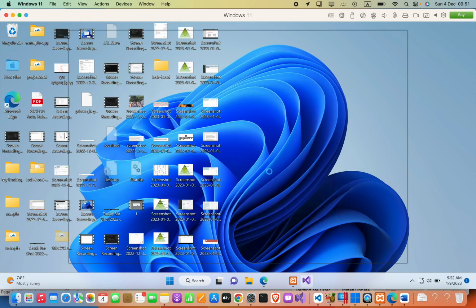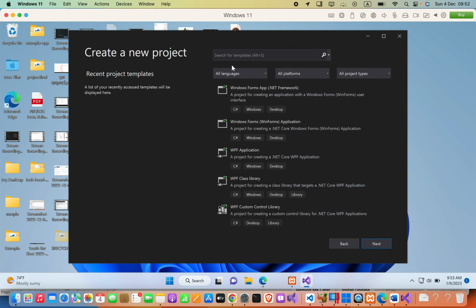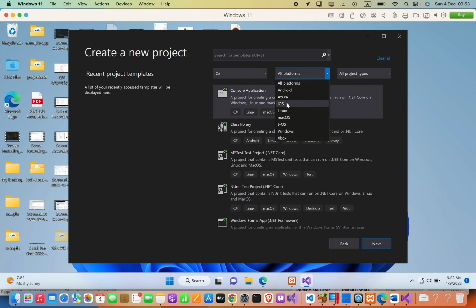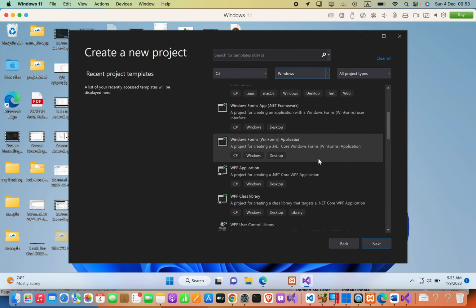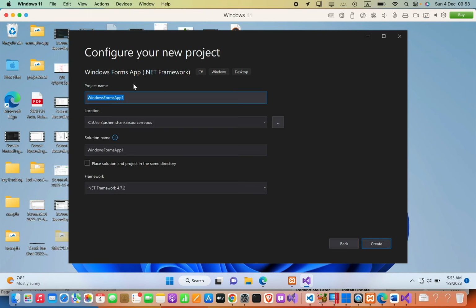Let's open our Visual Studio and then create a new project. We are going to choose Windows Forms app with .NET framework. If you want to find where this is, you can select C# here and then platform as Windows, and then here you will see this Windows Form .NET framework option. Select that and then go ahead. I will choose the project name as Fluent Validation